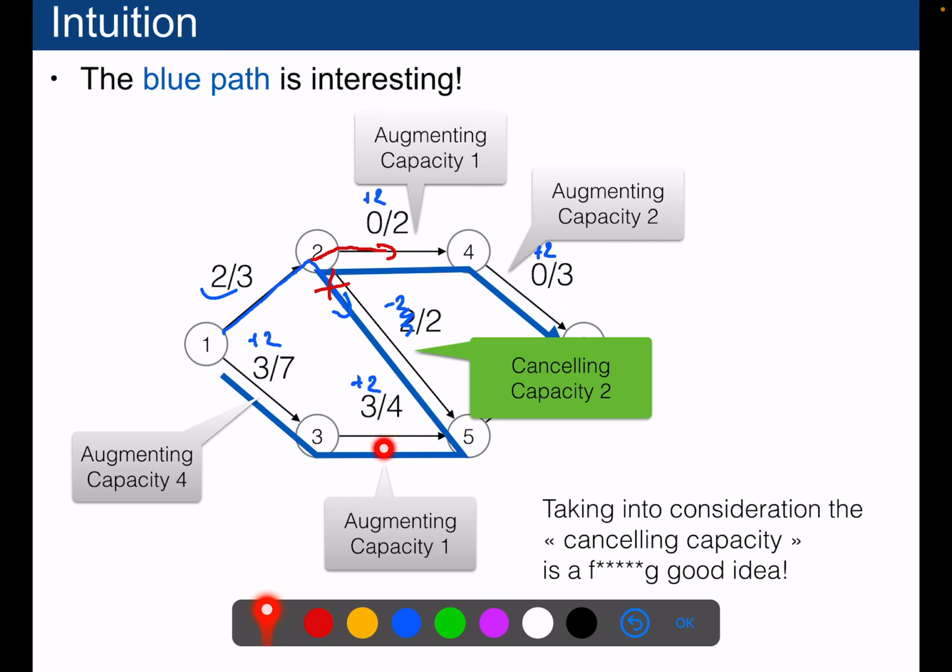But you think that it's still a kind of path. It's a path from the source to the sink. Simply, sometimes you will take the action of increasing the flow, and sometimes you will cancel the flow by the same amount.